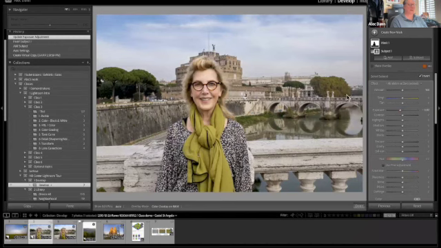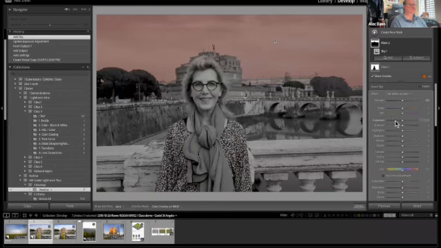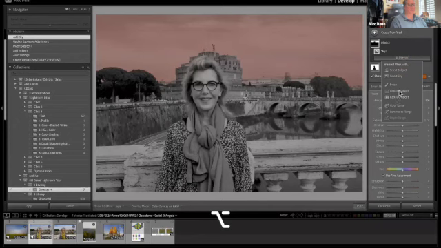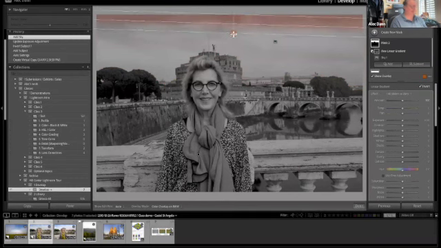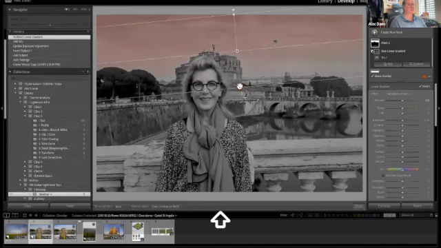Now, I want to add another mask, and this time I'm going to work on the sky. And Lightroom has an automatic selection for the sky. People used to spend a good amount of time figuring out how to select skies, and now it's really easy. And I am going to overlay this with another selection, which is linear gradient. So it starts at 100% at the top and it feathers down to the bottom, and you can see where it feathers. And the reason I'm doing this is that typically skies,